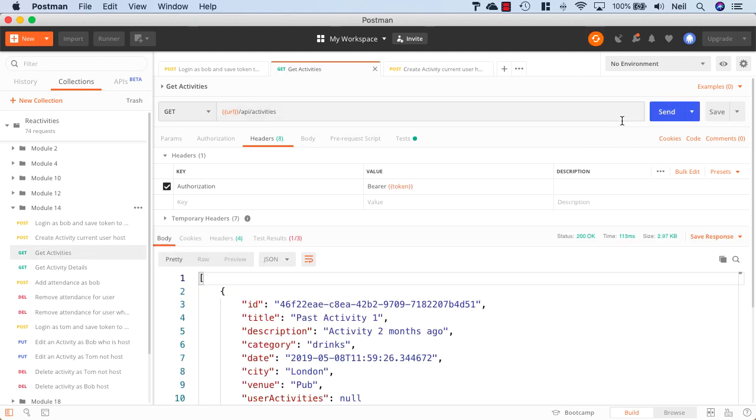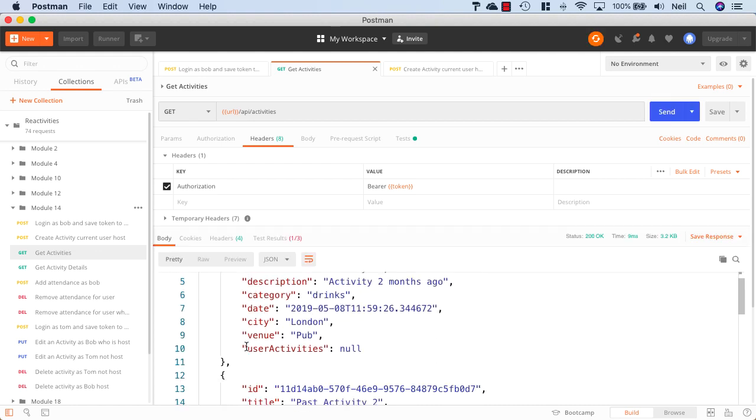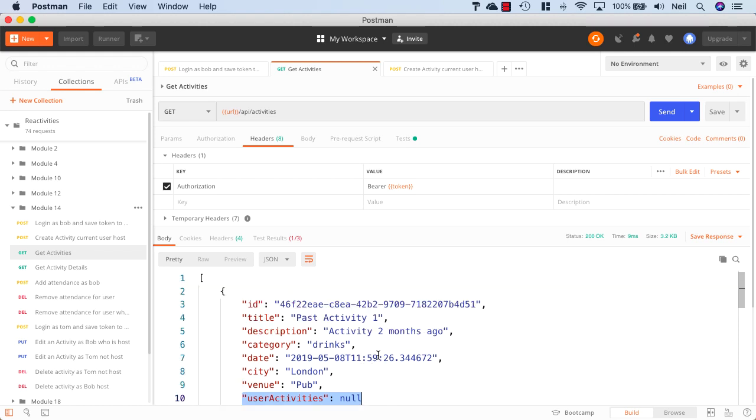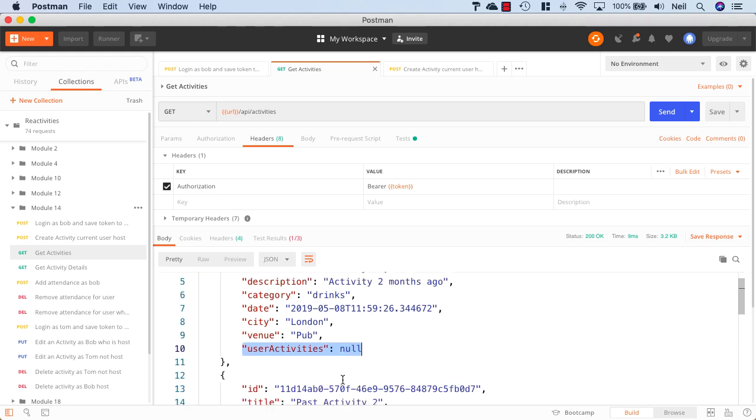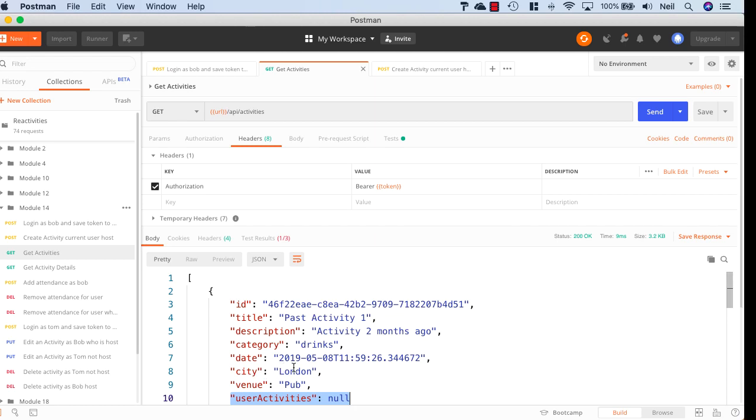But we've got currently no way of seeing the effects of this, because whilst we do get a user activities property back now inside our activity, it's currently set to null because we're not including our activities with this response. So what we're going to look at next is how we can load our related data with our activities when we send them back, so that we do see the details of the user that's signed up. But before we do,